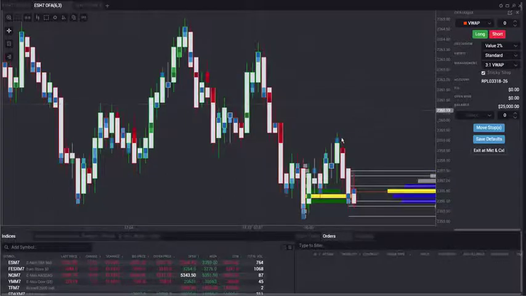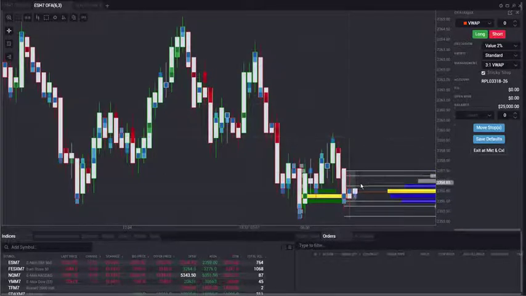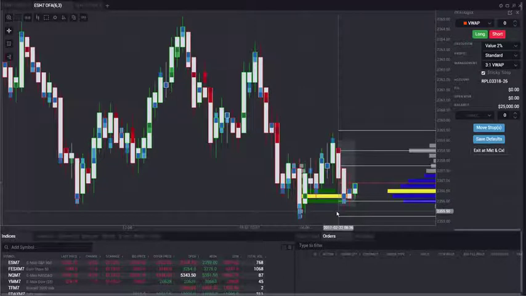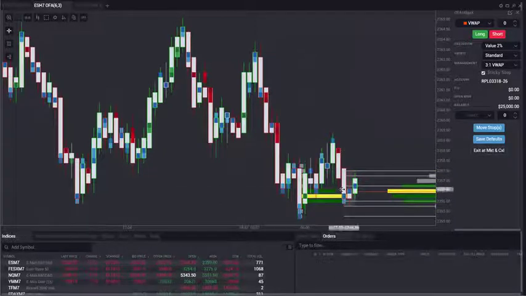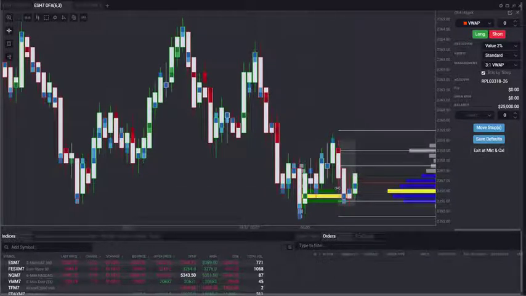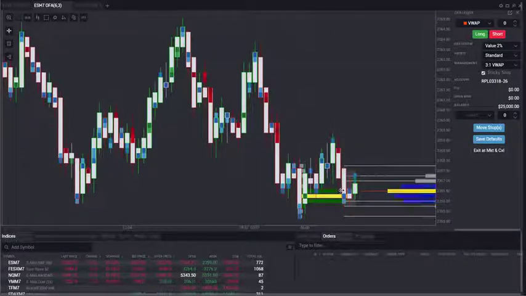Now, as we rotate back and forth, I want you to consider the situation that perhaps you thought this was the period that began probing into the low. If I adjust the profile and bring it back, you can see how the VWAP is moving one tick. There's a one tick price difference between the VWAP from one level to the next. And I can understand you might be extremely concerned about which period you should choose. Should you choose the one that's all the way into the low or the one that's right up against the